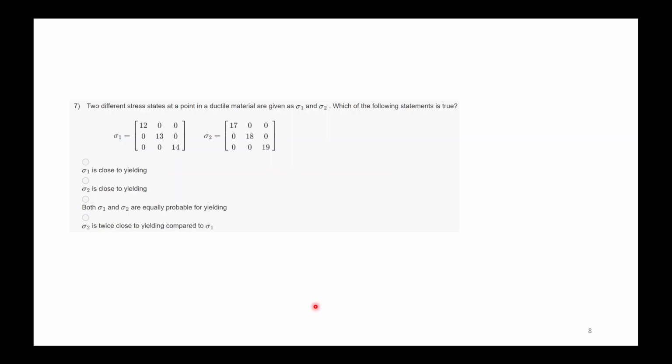Now the 7th question: two different stress states at a point in a ductile material are given as sigma 1 and sigma 2. Which of the following statements is true? Sigma 1 has 12, 13, 14 as principal stresses, and sigma 2 has 17, 18, 19. Now, sigma 1 is close to yielding, or sigma 2 is close to yielding, or sigma 1 and sigma 2 are both equally probable for yielding, or sigma 2 is twice as close to yielding compared to sigma 1. Your answer will be C,